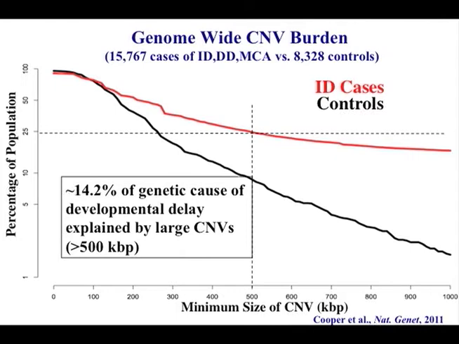Okay? So if you use this magical mark that some clinical labs or diagnostic labs use of 500 kilobases as being potentially pathogenic, what you'll see is essentially 25% of children that come into the diagnostic referral lab will actually have a CNV 500 kilobases or greater, compared to about 8% of the general population. So this leads to a potential observation that about 14% of developmental delay may be explained by large CNV events, just based on that differential.